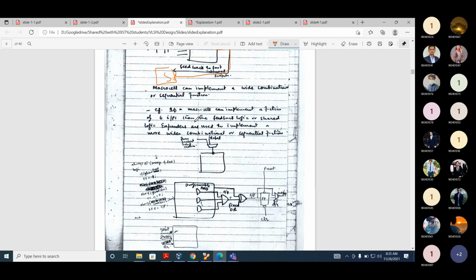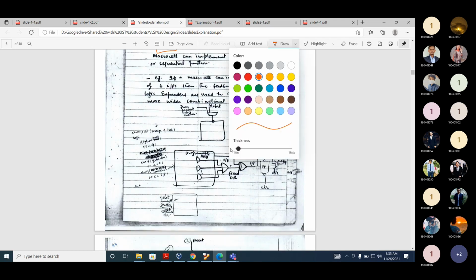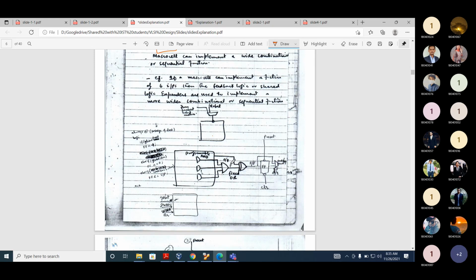Now we already studied this thing. This is a function f, and this depends on the control signal J. J can either be 0 or 1. If J is 0, which function are we implementing? F. If J is 1, F invert. And this J is coming from the programmable AND array.